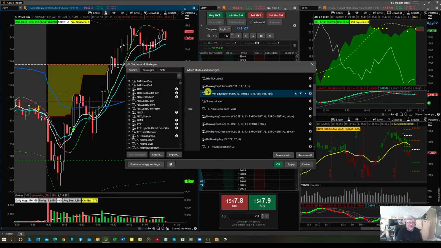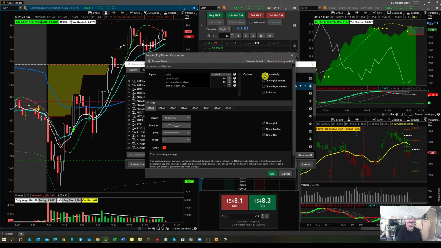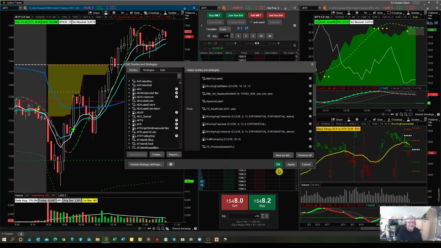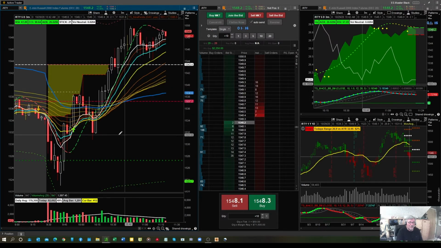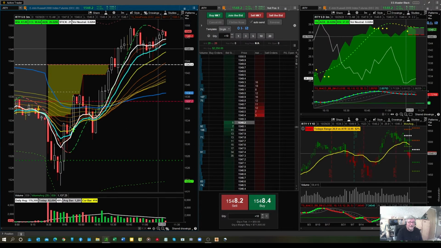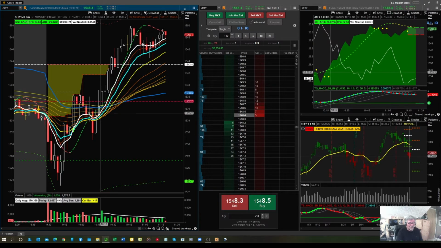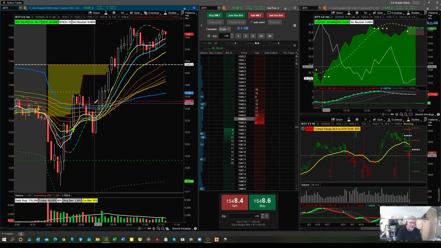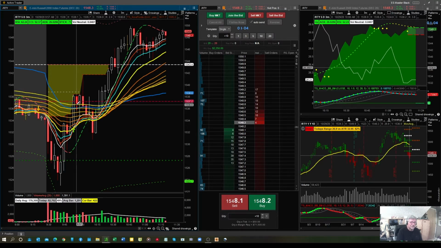There it is. It's called the moving average exponential ribbon. Again, this is a standard TOS study that you can find in your drop-down list for studies. What this does, it throws a ribbon of moving averages. And why I like it is it'll help you determine whether the market is starting to transition into a sideways